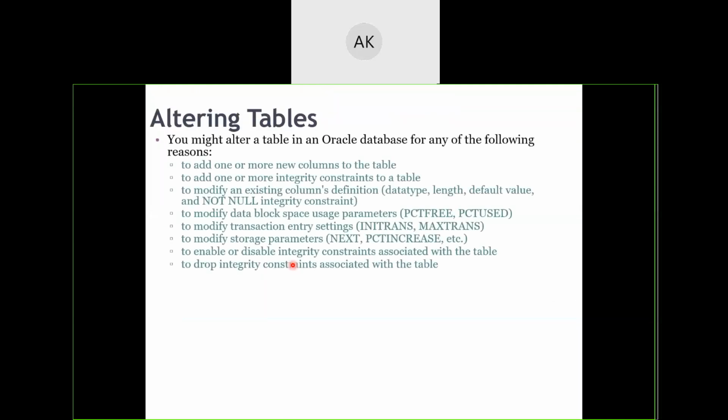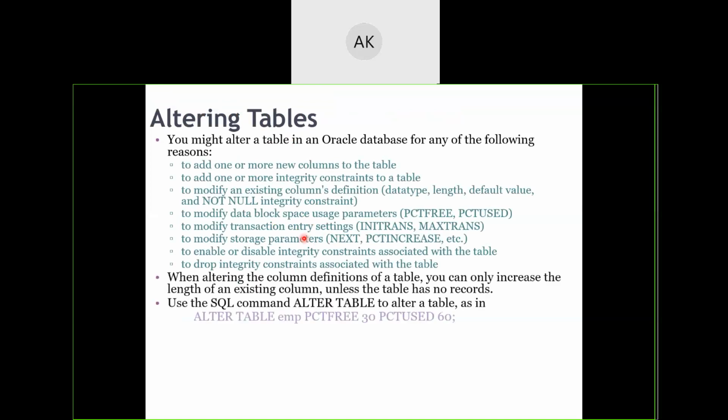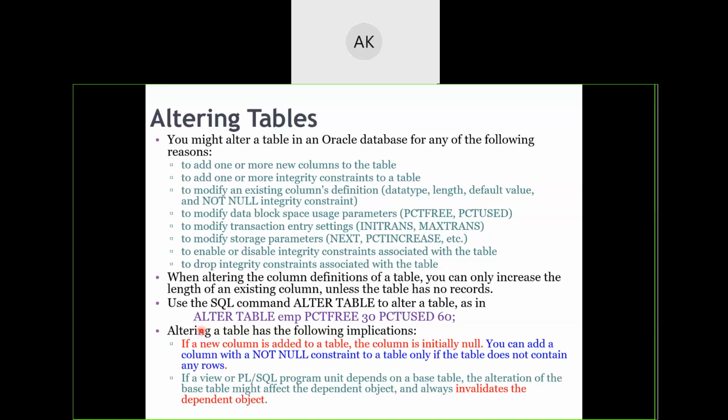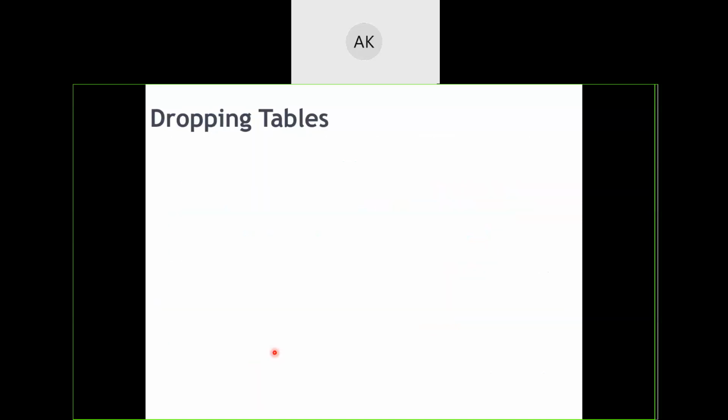Now, altering of tables: you can attach all those settings even after creating the table by using the alter command. But we prefer at the time of creation itself to signify what settings you want to have for each table. For example, imagine you already created an employee table and you want to change the percentage free and percentage used. You can change them now by using an alter command. So if a column is not set as not null, initially if it was null, then also you can set it as not null, provided you change the values and insert wherever they are missing.